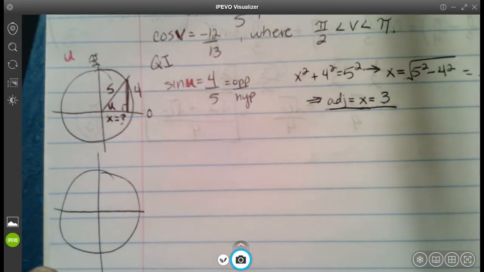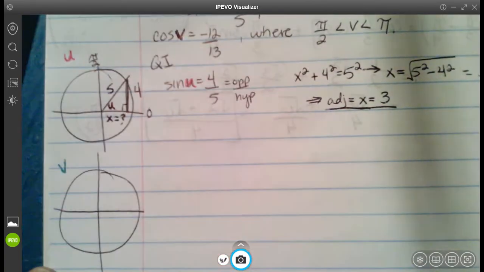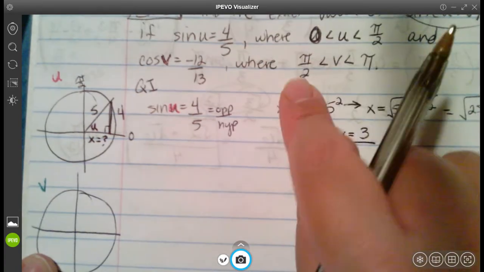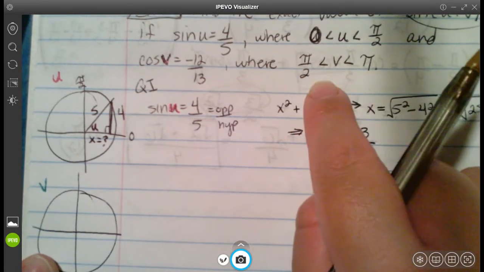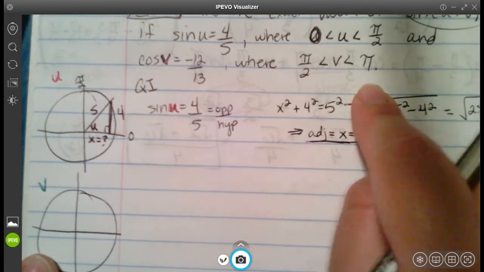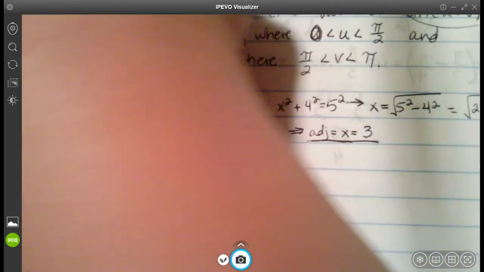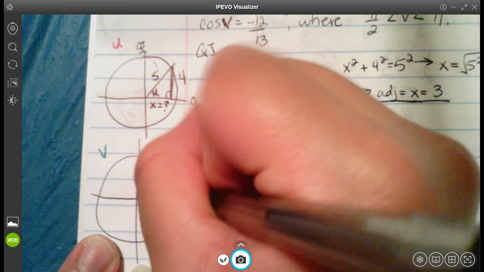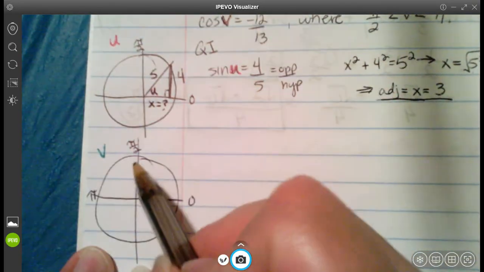And this one that I'm drawing right now is going to be for v. Okay, so where is v? Well, it tells us that pi halves is less than v is less than pi. So v is between pi halves and pi, which would be, I believe, quadrant 2. But let's just double check. This is 0, this is pi over 2, this is pi. Yeah, so it looks like it's going to be somewhere between here. Okay, so there is my